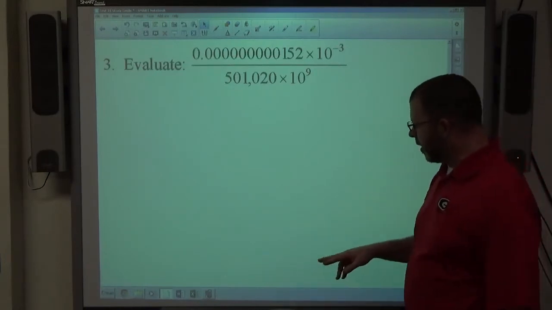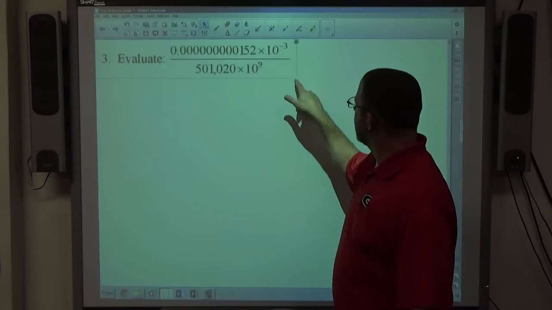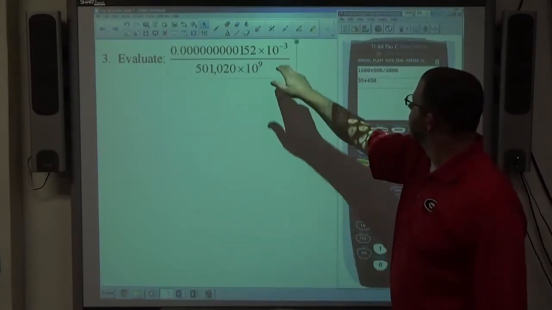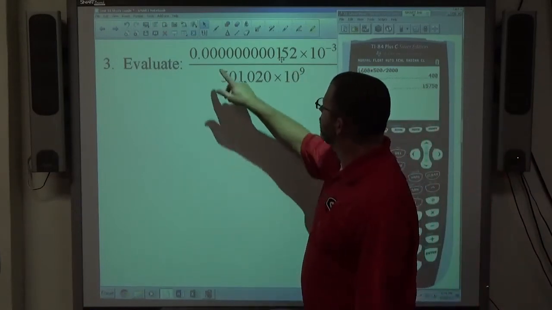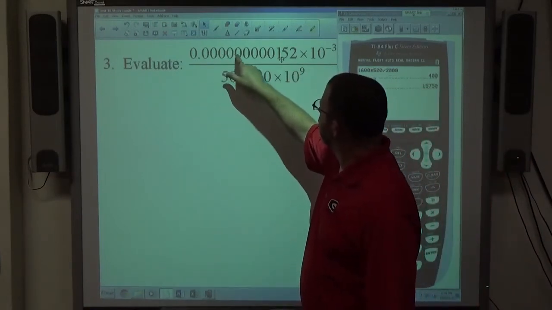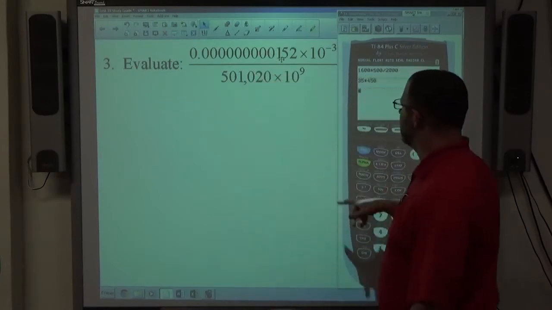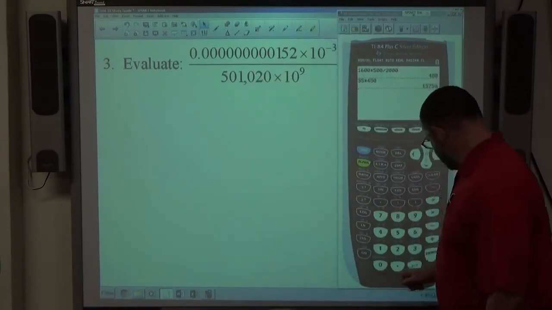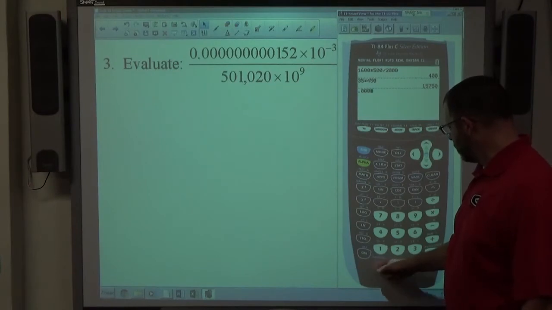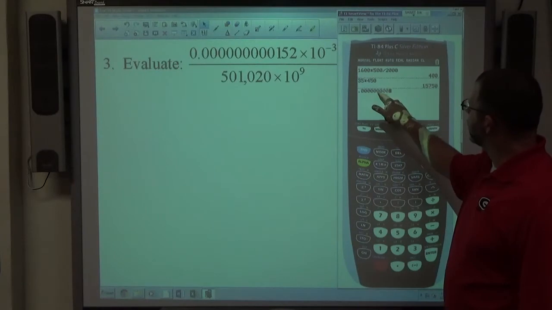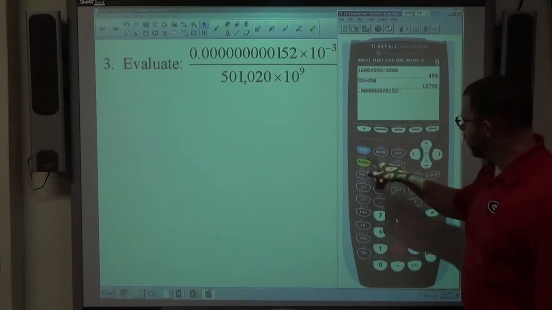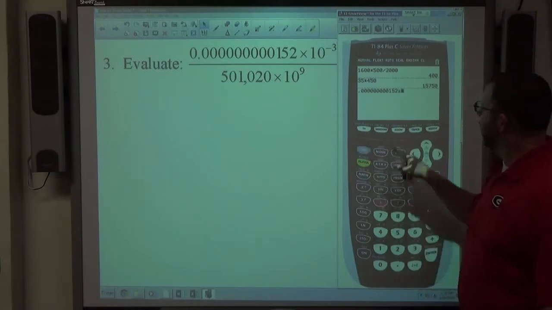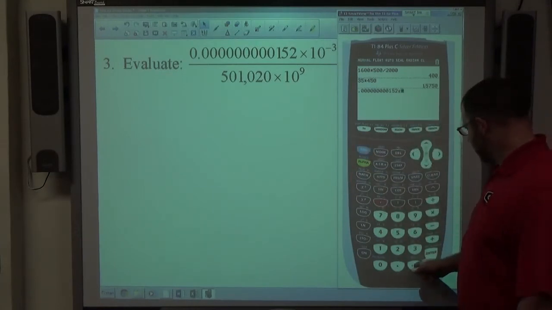And this is just a simple matter of typing in our calculator. I'm going to shrink this up a little bit so I can see the calculator on the screen. There we go. So I've got, and the main thing here is count the zeros. Make sure you count them also. 1, 2, 3, 4, 5, 6, 7, 8, 9 zeros. So I've got 0.000000000, 152, and then the times 10 to the negative third power is just second comma, which is EE, and it shows up as E on your screen, negative 3, and